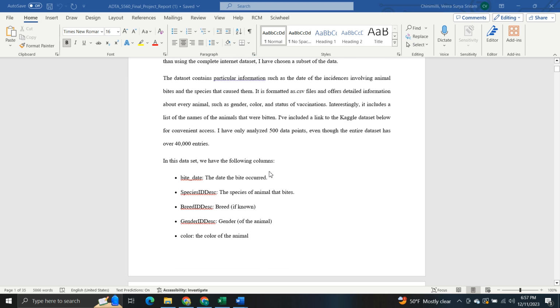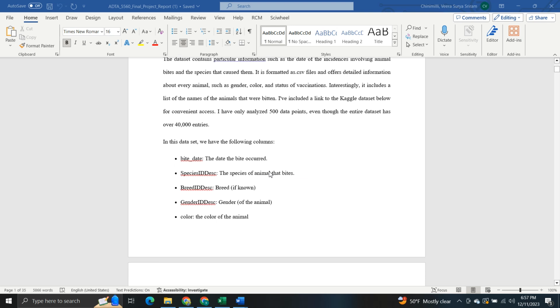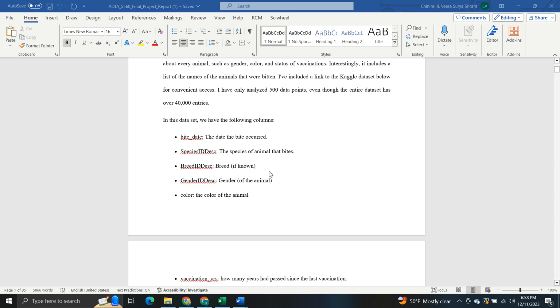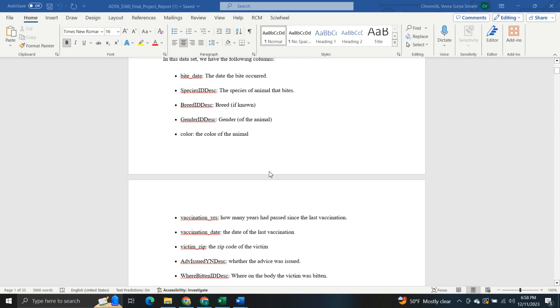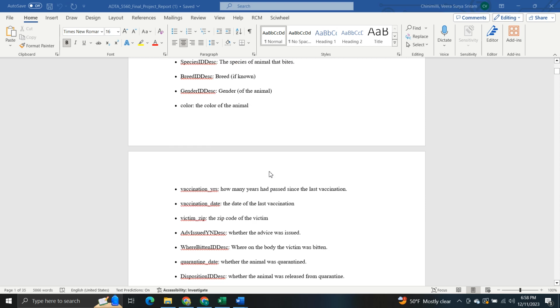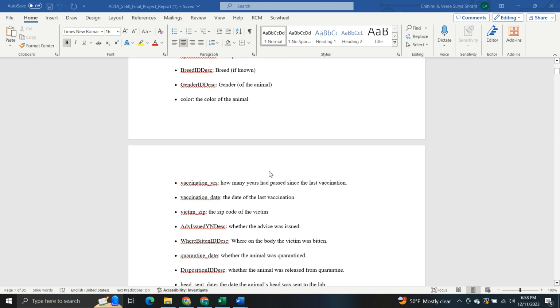In this dataset, we have the following columns: bite date, the date the bite occurred; species ID desc, the species of animal that bites; breed ID desc, the breed if known; gender ID desc, the gender of the animal; color, the color of the animal; vaccination year, how many years have passed since the vaccination; vaccination date, the date of the last vaccination;